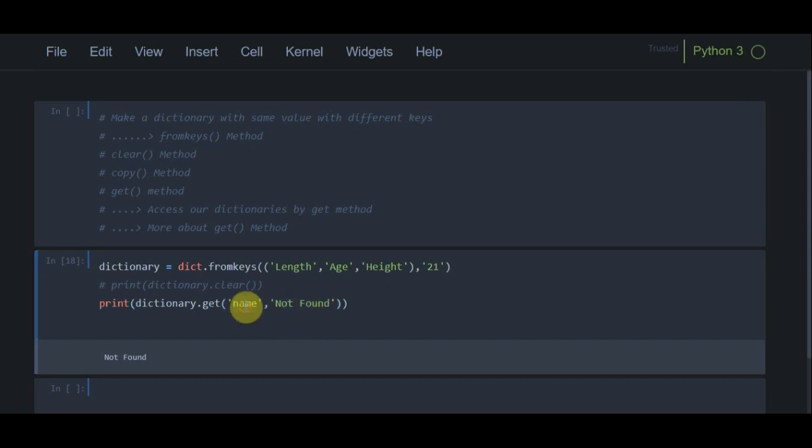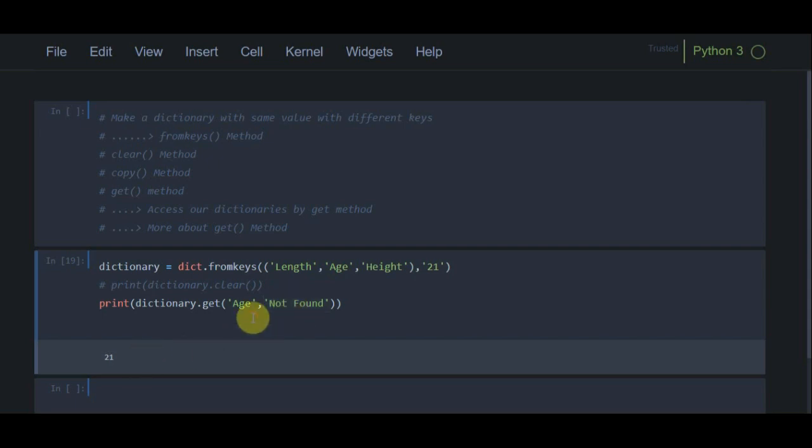So what if the key really exists in the dictionary? I can check this. If I run this program, you can see that now the value of the key is appearing in the output. What I basically want to tell you is that the get method will check whether the key exists in the dictionary, and if so, it will return its value. If it does not exist in the dictionary, it will move to the second argument of the function, and it will return that value as the output. If we don't write anything here, it will just return the default, which is None.